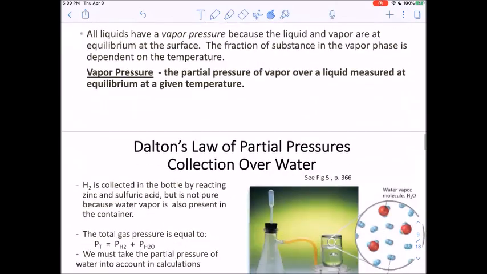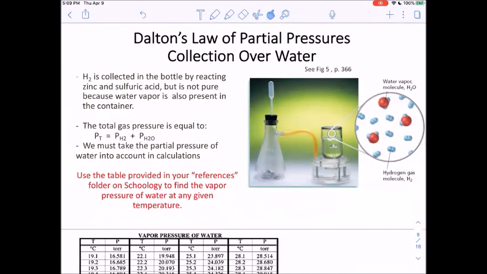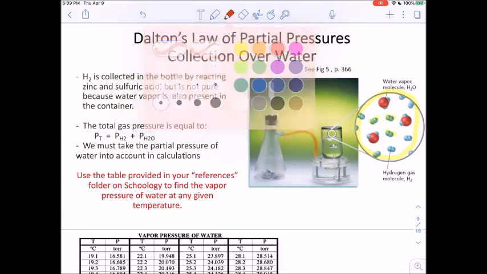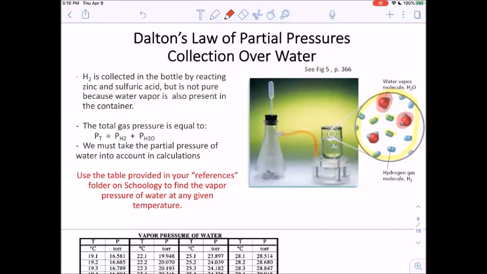And the way that we would run this kind of experiment, you'd have an apparatus set up sort of like this. And if you look on the right, there's a diagram explaining what I've been talking about. Over here, the gas that you're collecting are the small blue ones, which represent H2, hydrogen gas. But there are also a small amount of water particles floating around too, the ones that are red here. And those are just water particles that are slowly escaping the surface of this water right here, and they're coming up into the air around it, and causing a small amount of the total pressure